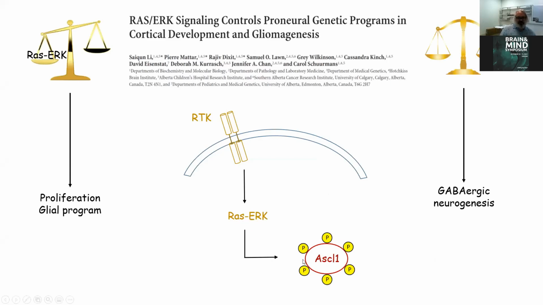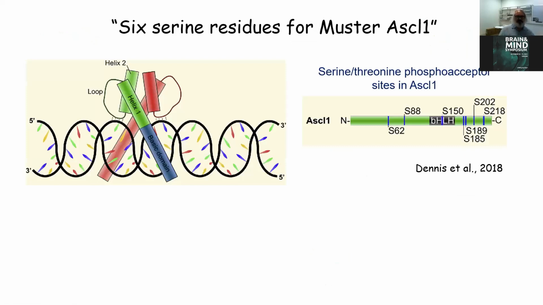So ASCL1 can be phosphorylated on 6 serine residues, and the idea is that perhaps the lack of conversion was simply due to the fact that these serines would be phosphorylated, and therefore we don't get neurons but glial cells. So what we did was we got from Carol Schuurmans a mutant in which these 6 serine